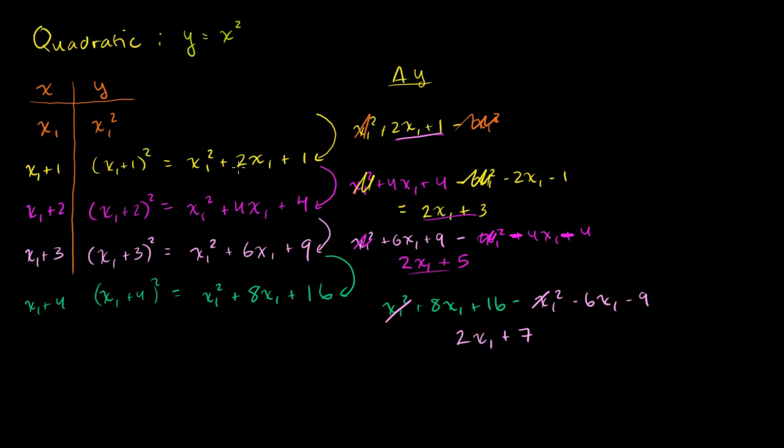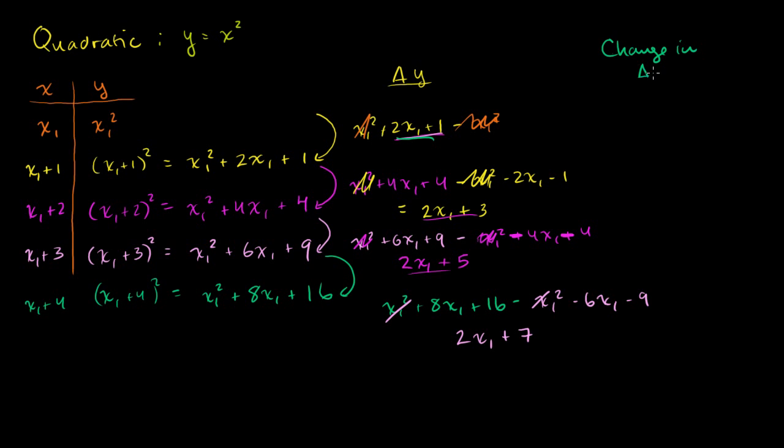So our change in y from here to here is 2x1 plus 1. Then it's 2x1 plus 3. Then it's 2x1 plus 5. And this 2x1 plus 7. So what is the change in the change of y? Notice these are not the same values. They're increasing. And so we're kind of jumping the gun. What is the change